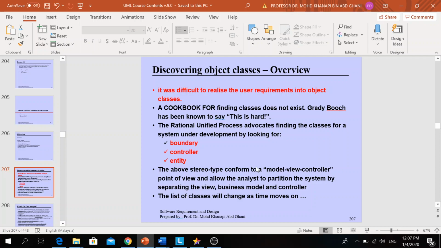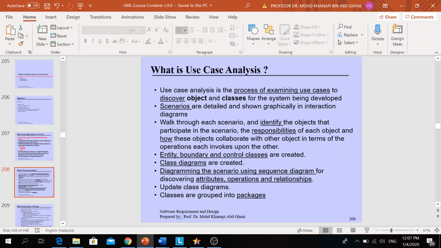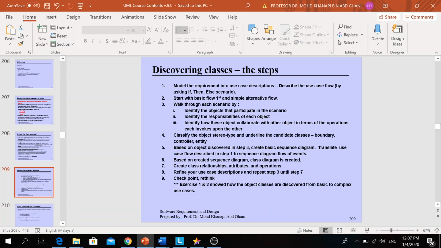The process of writing the use case description does not end after you finish describing your use case description. So you need to follow this step. After you write your use case description and practice yourself, you start with the basic flow first.